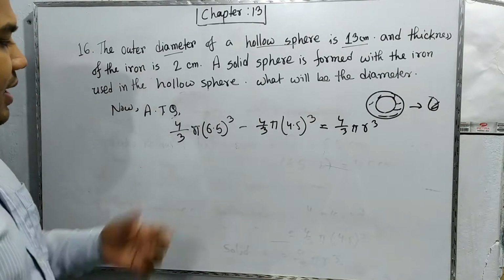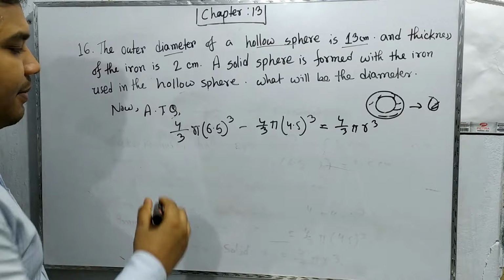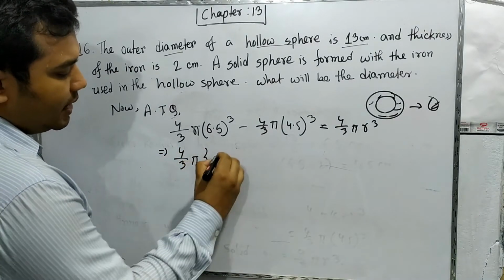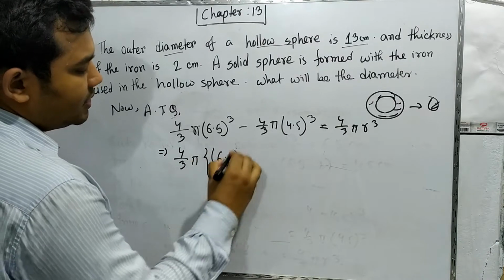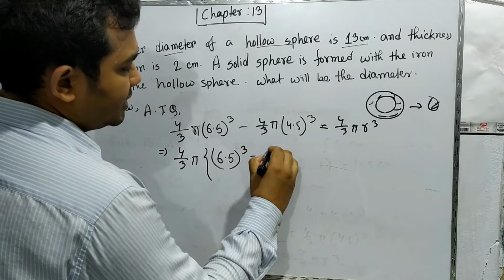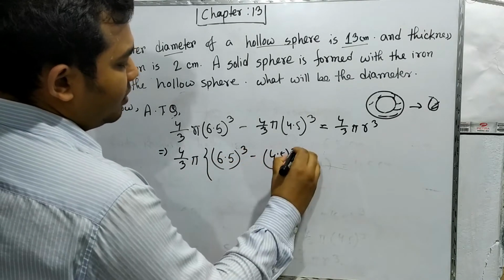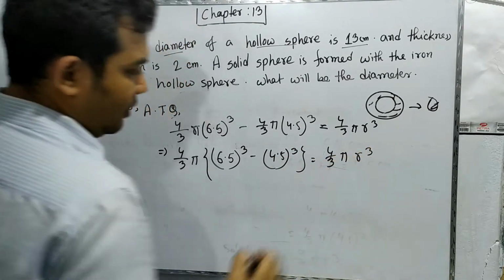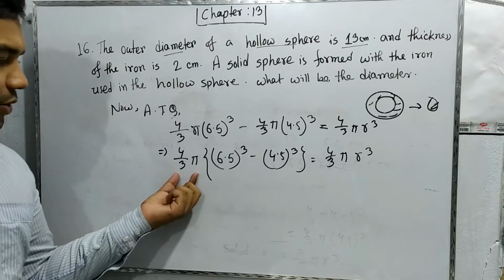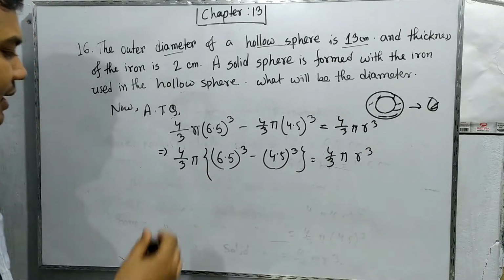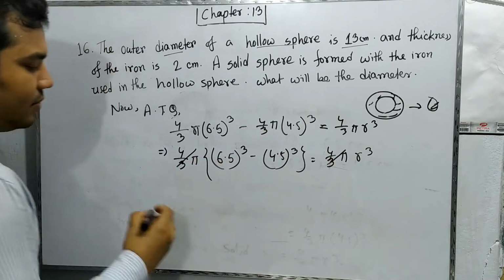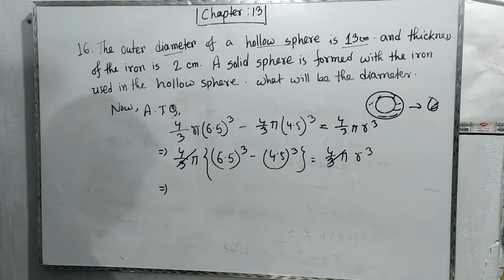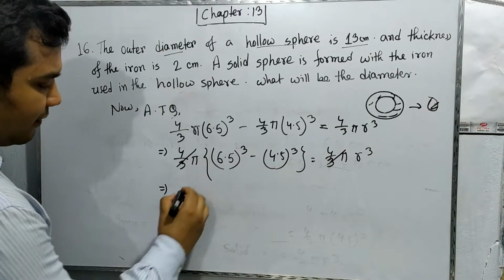Now if we take 4/3 pi common, then we can write 6.5 whole cube minus 4.5 whole cube equals 4/3 pi into r cube. Here 4/3 pi, here 4/3 pi, gone. So using a calculator, this part is very close to 183.5